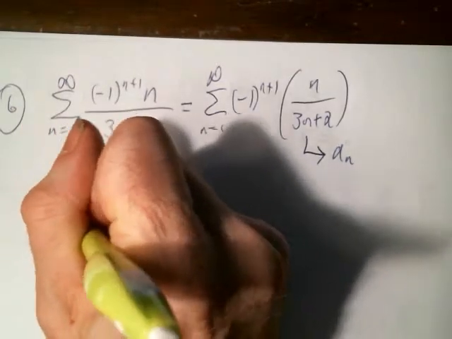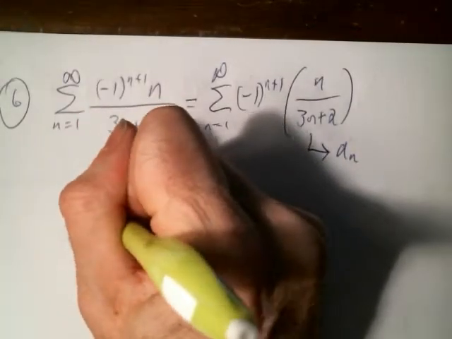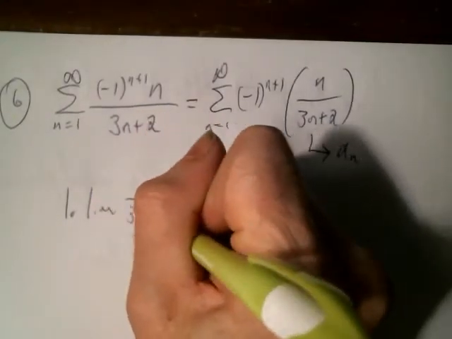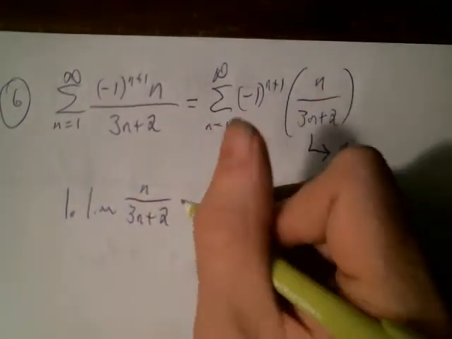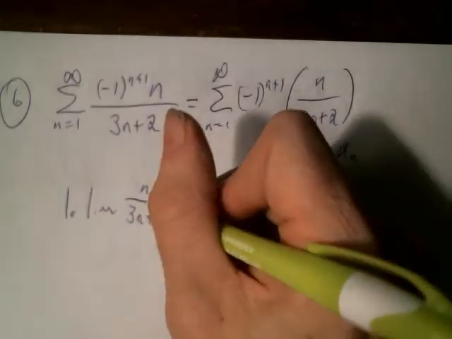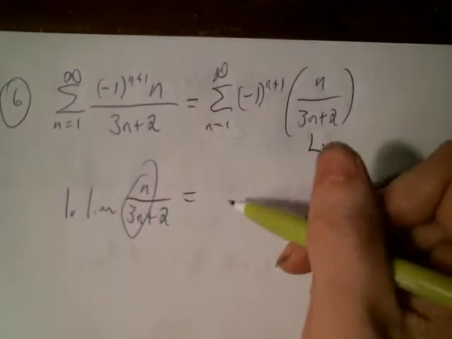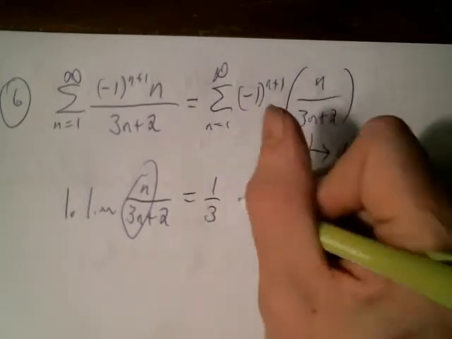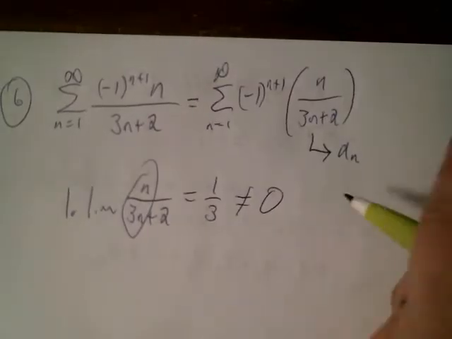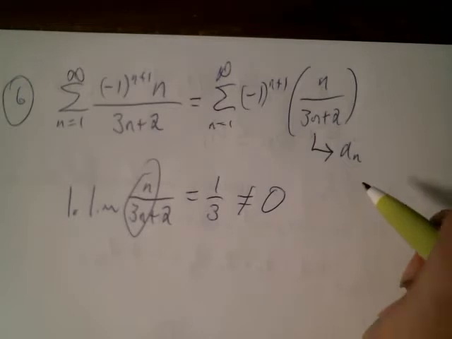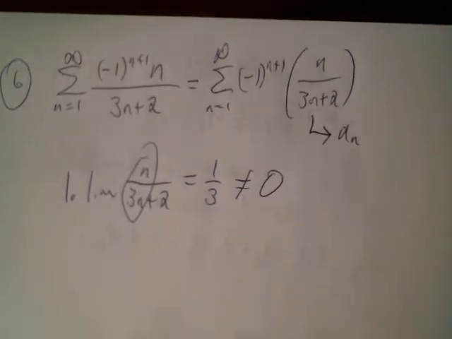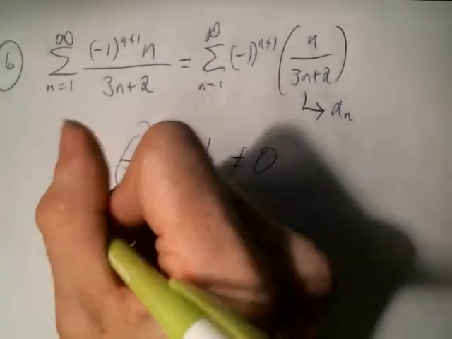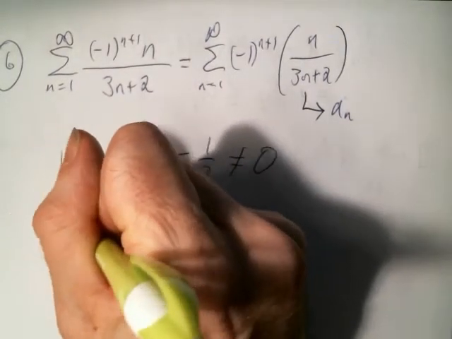It's a two-step test. First you take the limit of a sub n. You have to show that it goes to 0. If it doesn't, you've got trouble. In this case, it does not, obviously. The limit is just n over 3n, which is 1 over 3. So that's not equal to 0. You can't technically say it doesn't converge, because that's really the nth term test you need to take into consideration. By the nth term test,